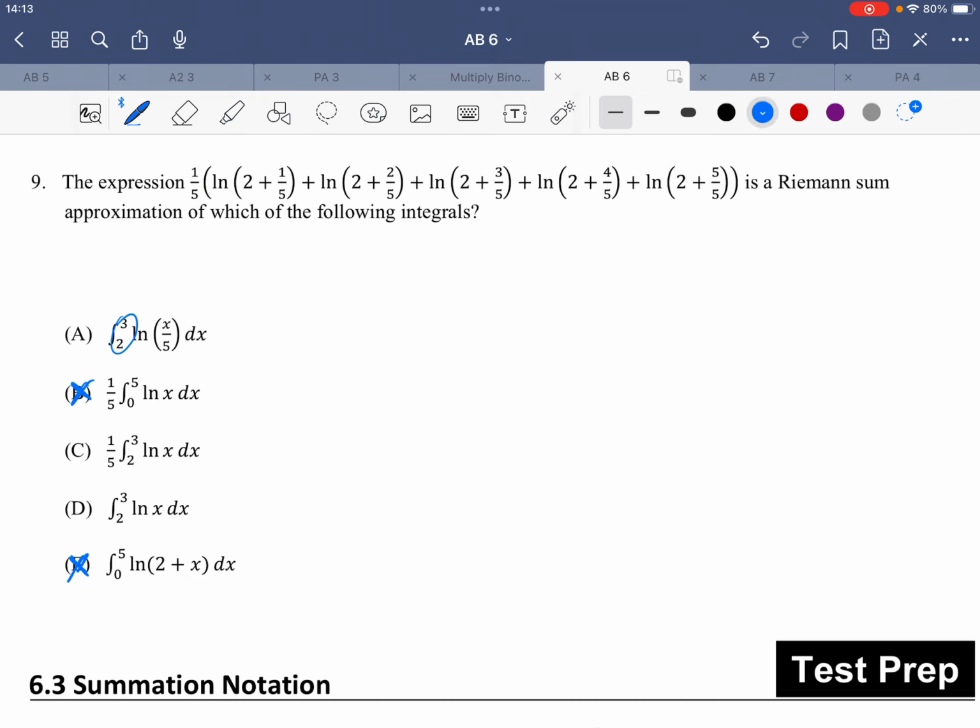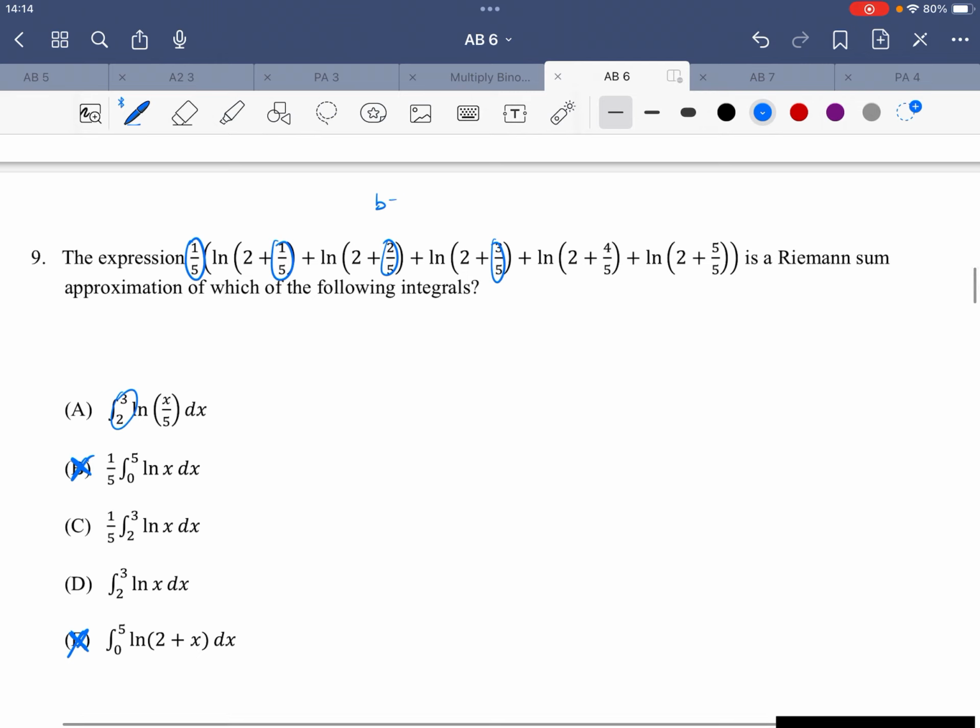Okay, next. This same thing we see here, the 1/5 and then 2/5 and then 3/5. So that is our b minus a over n times k. So that's our x. And now it's time to decide whether these two, if it's part of our function or if it's the a. It could be either, I think, with the information that they give us, so we can try both. So either the 2 is the a, so that means that with an interval of 1,